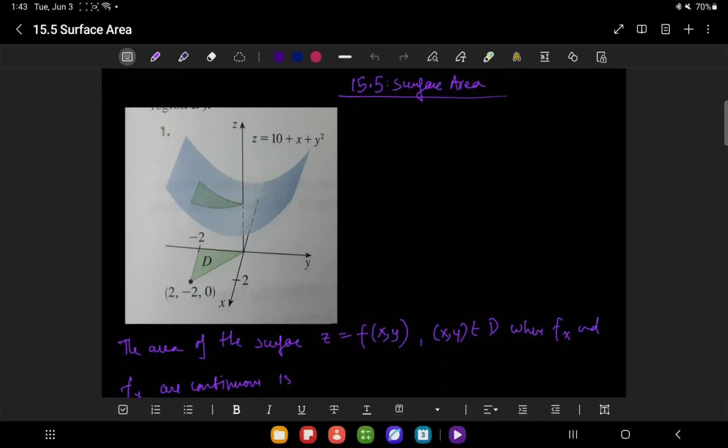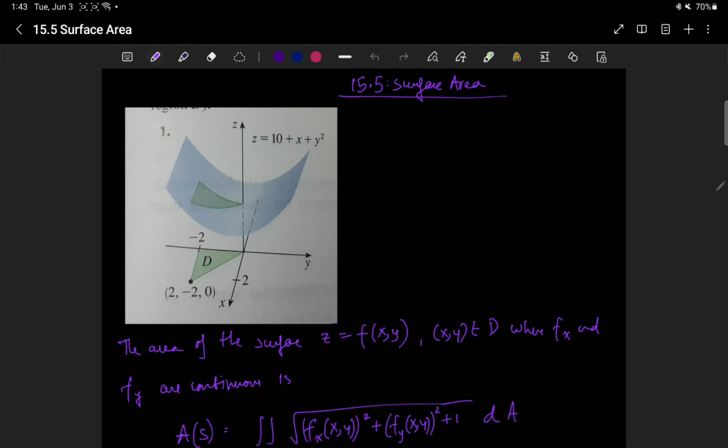Hi everyone, in this video we will look at how to use double integrals to find surface area. So in particular, let's start with a problem in mind, which is we will have a particular surface that's given to us. The equation of the surface is always z equals f of x, y, and we will have some region in the